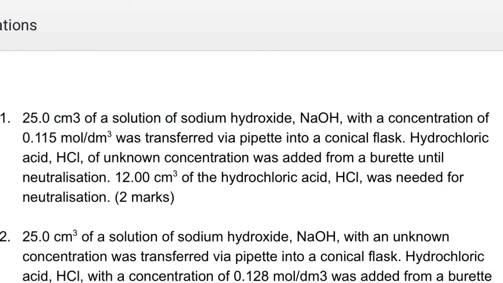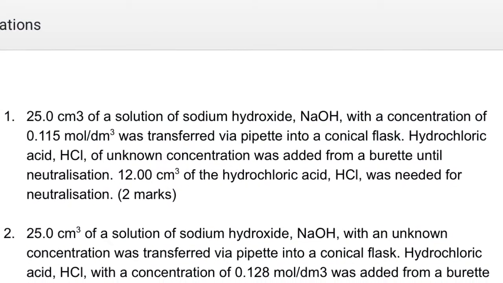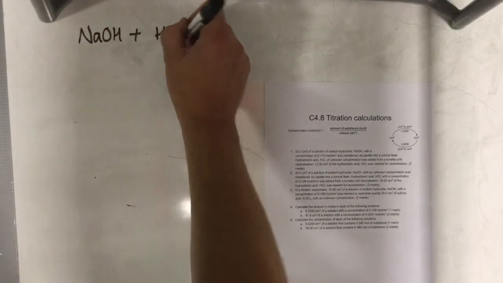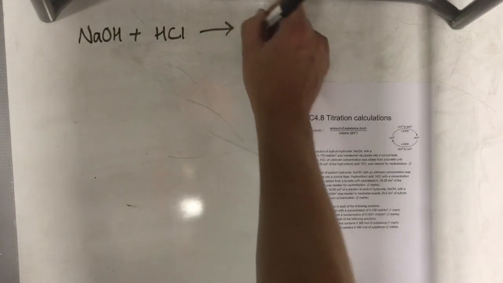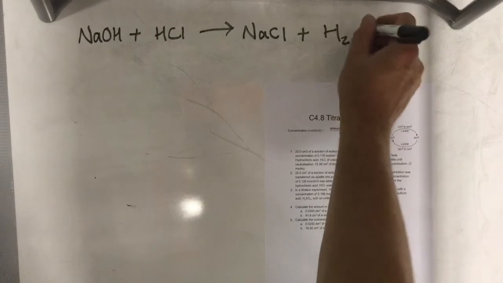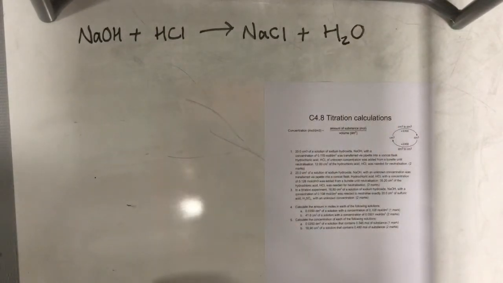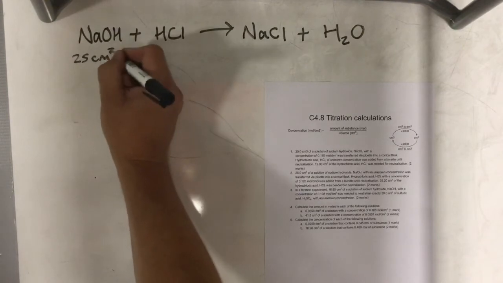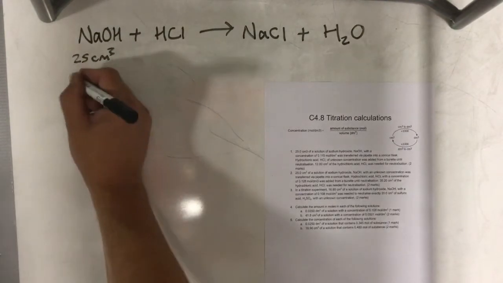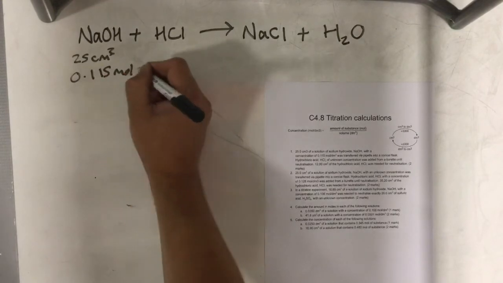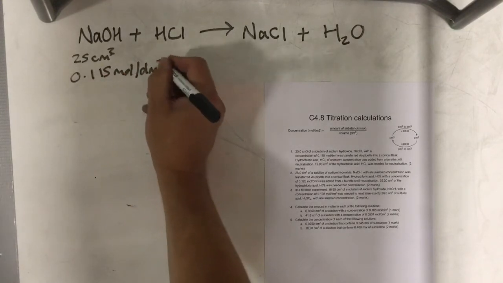So here's the problem we're going to work out here. You can pause this and read through this if you need to. The reaction taking place is between sodium hydroxide and hydrochloric acid, and this is obviously a neutralization reaction, and sodium chloride is formed along with water. The information in the question tells me that a total of 25 cubic centimeters of sodium hydroxide, with a concentration of 0.115 moles per decimeter cubed, was neutralized using